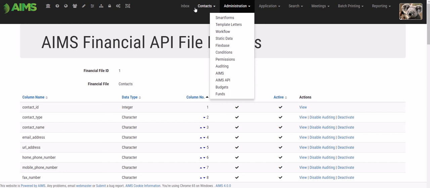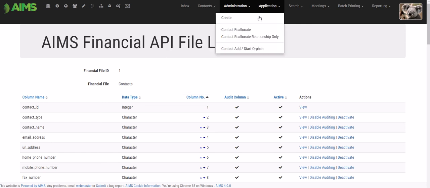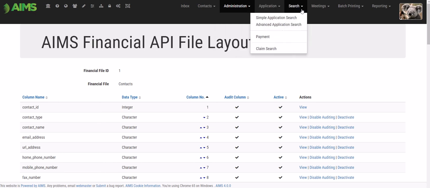While I'm logged in as a system administrator, we'll look at some of the other menu items here. We have a contacts menu, which allows me to look for contact records, an application menu. I can create applications, reallocate, reassign relationships. I have a powerful search functionality, searching for applications, a simple search by name, by ID, an advanced application search,